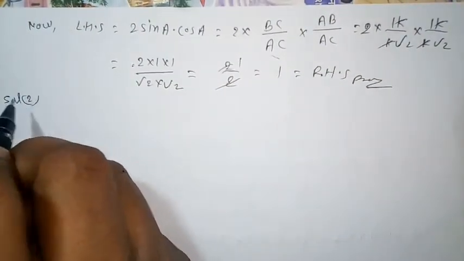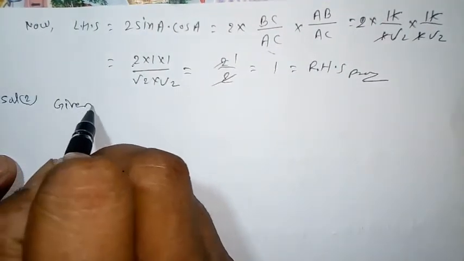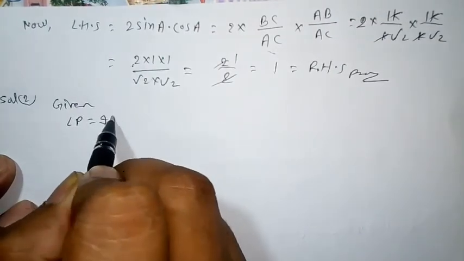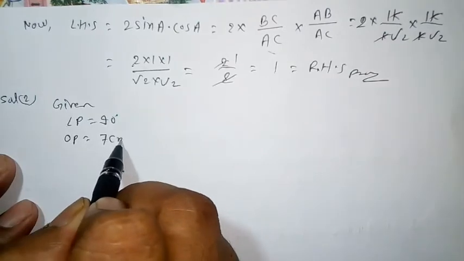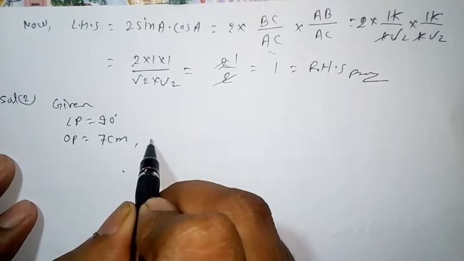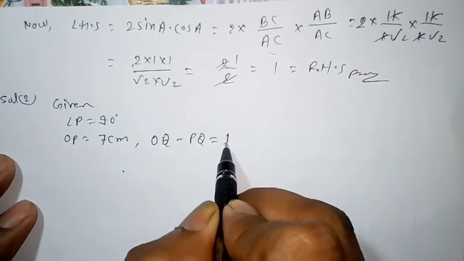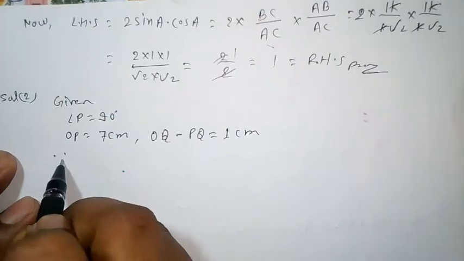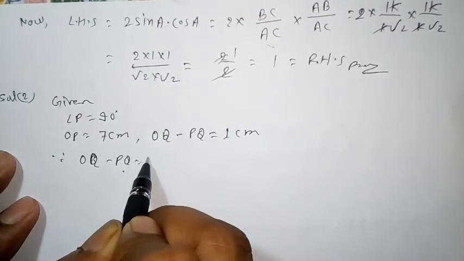Solution 2. Given angle P is equal to 90 degrees, OP is equal to 7 cm, OQ minus PQ is equal to 1 cm. Okay. Because OQ minus PQ is equal to 1 centimeter,